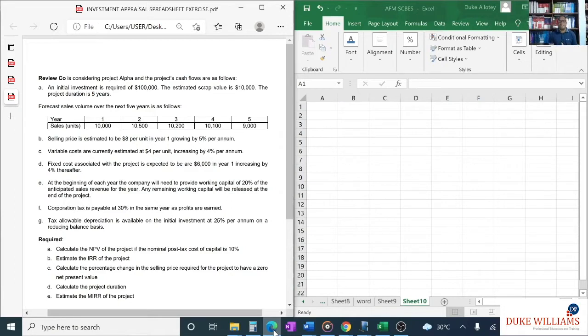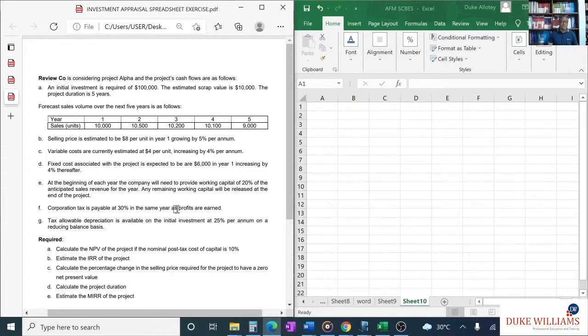In this session, I'll be looking at a more basic investment appraisal exercise, working with the spreadsheet tool. Essentially, that's the main reason why we're doing this, so that students can have some understanding of how this tool can help them work out answers. So let's start right away by looking at this question on the left side of the screen, which says